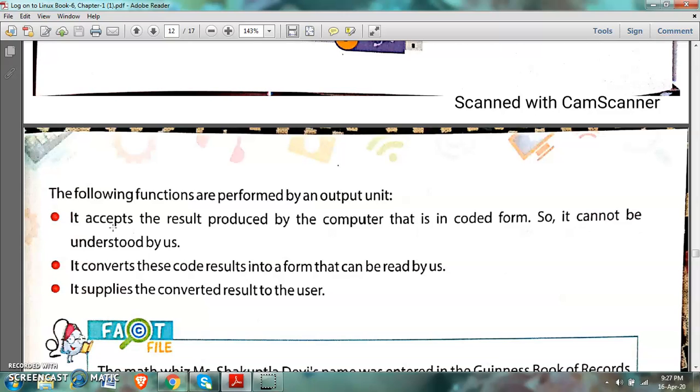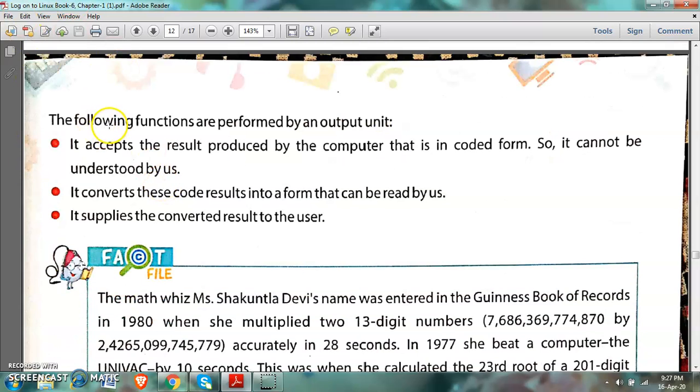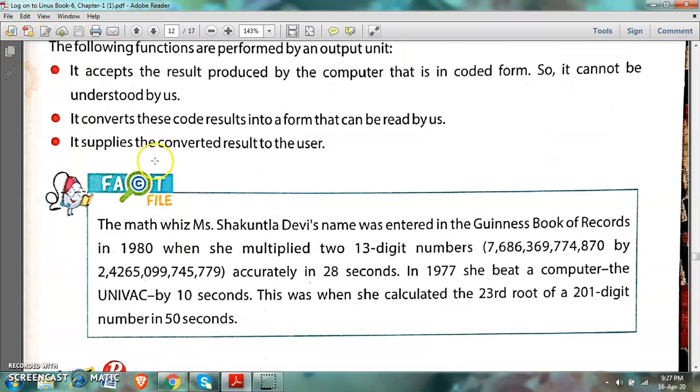After that, the readable form is supplied by the output unit to the user as result. So the result is not coming directly to the user, it is coming by covering 3 steps, and these 3 steps are followed by the output unit.